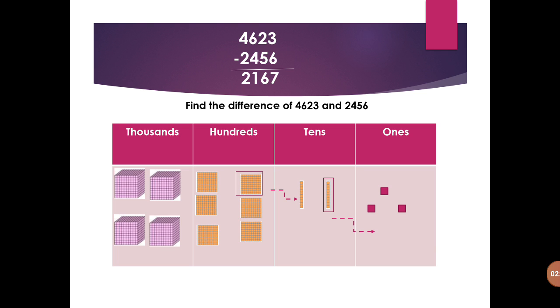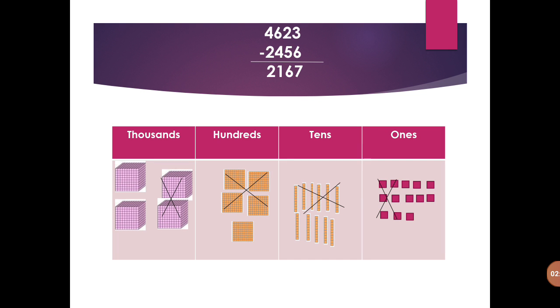Now again, if we observe the tens column, we have to subtract 5 from 2. But there is not 2. 1 ten has gone to the ones column, so we have just 1 left. So we cannot subtract 5 from 1. We can take a borrow from the hundreds column and change 100 into 10 tens. Then the 10 ones in the ones column become 13 ones, and 13 minus 6 is 7, and 1 ten becomes 11 tens.